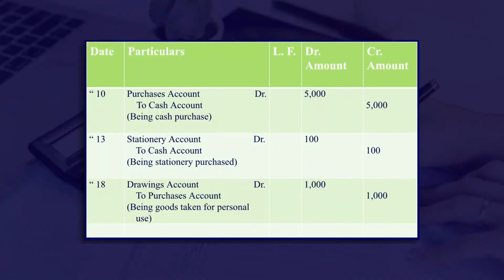Yes, to purchases 1,000 rupees in the debit side. Similarly, you will find 1,000 rupees in the credit side of purchases account. Kindly check 1,000 rupees in the credit side of purchases account, right. Now, again if we go back,